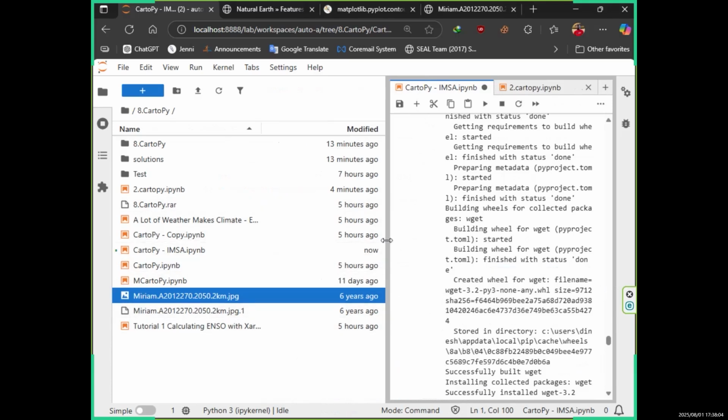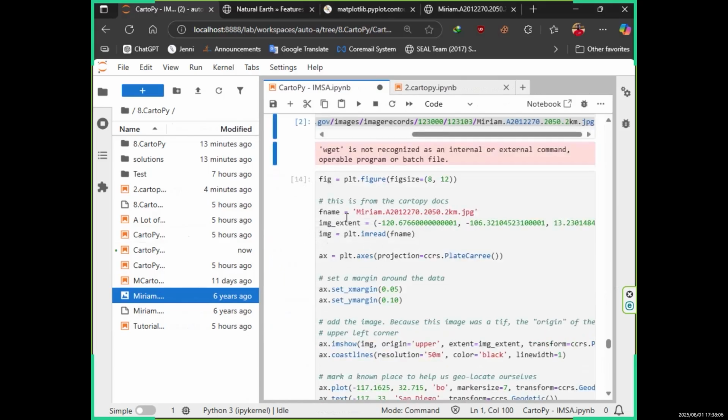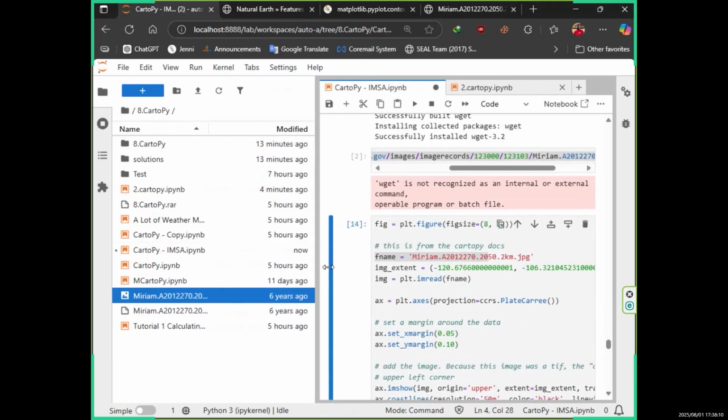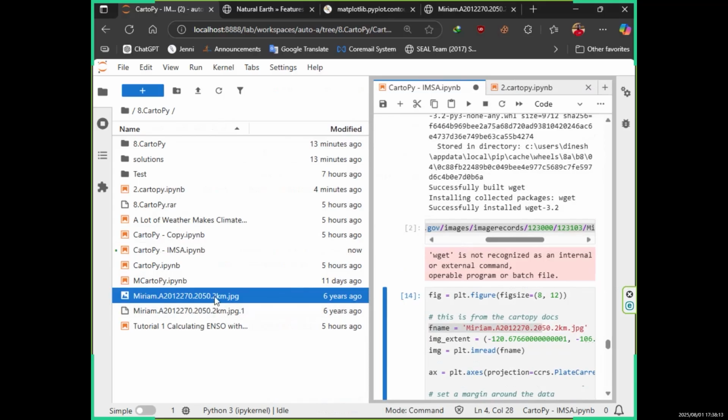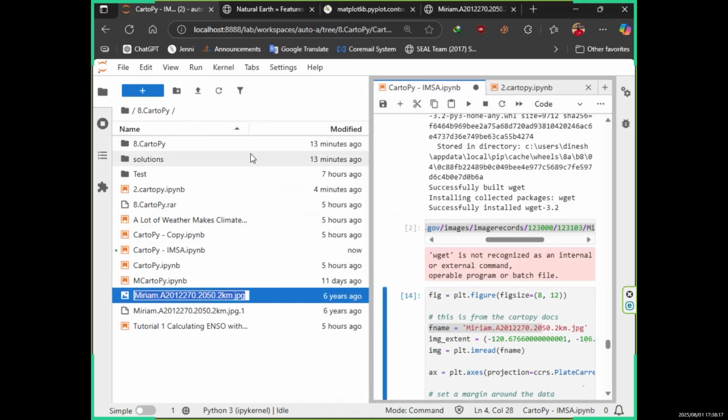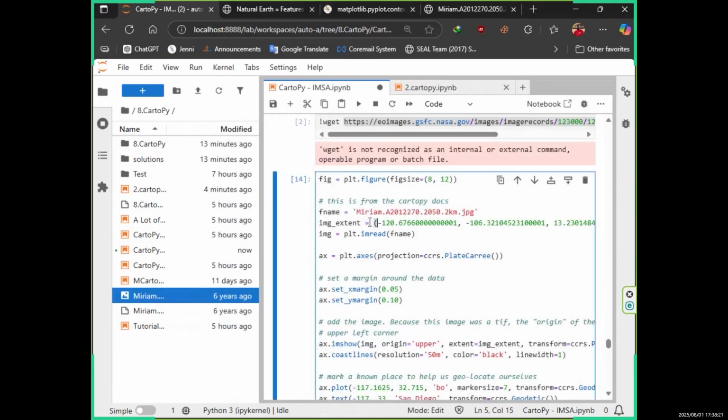So now I will load this image. To load the image, I will say, okay, my file name is this image name. You can see the exact name, otherwise you can copy it. You can click on rename and copy this image name and paste it over here. So now I am saying, okay, display this image, and then for the image extent,